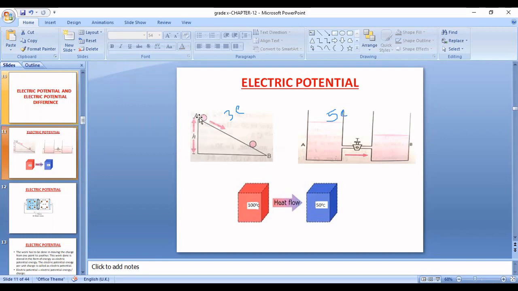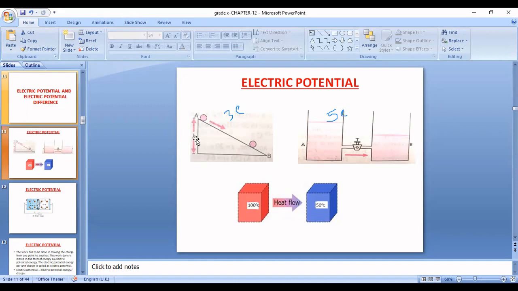if we are taking a ball from position A to B, then to raise the body at a certain height, suppose we have raised the ball in this case to the point A, we had done some work. We have raised the level of water in this water tank A. We have done some work to raise the temperature of the body to 100 degrees Celsius. We have done some work, right? So in this case, we are doing the work that is stored in the form of energy, right?